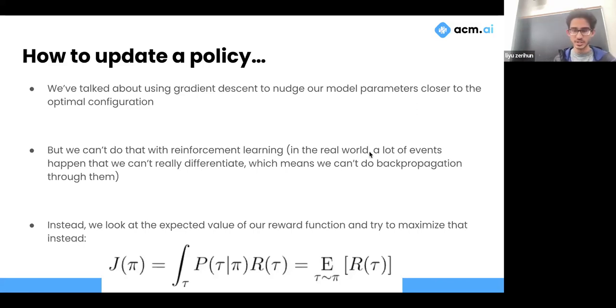And that function in question is this thing. If we look at this part of it, what we're trying to do is maximize the expected value of our reward function. This is an expected value operator, and this would be our reward function. The way that we calculate that is with this integral, where we take the integral of the value of a reward function times the probability of that particular parameter for the reward function. If we integrate across all of tau, that gives us our expected value. The important thing to keep in mind here is the expected value.